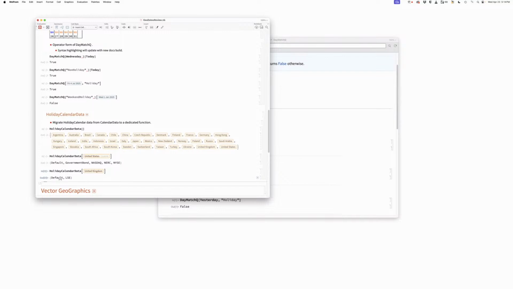So, I mean, this all looks sensible, I think. I do wonder about those as strings rather than entities, but I guess this is the old form. What I'd like to do ultimately moving forward is have a proper holiday calendar entity type. There's this built-in hierarchy right now, right? You say holiday calendar and it gives you United States. And if you ask for United States, it gives you these string variants for the exchanges, or default is basically